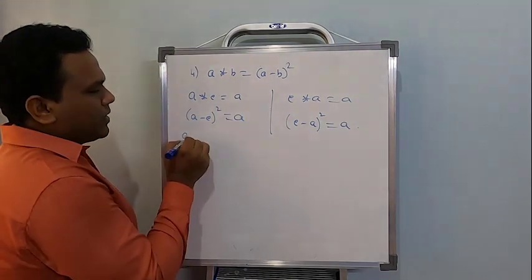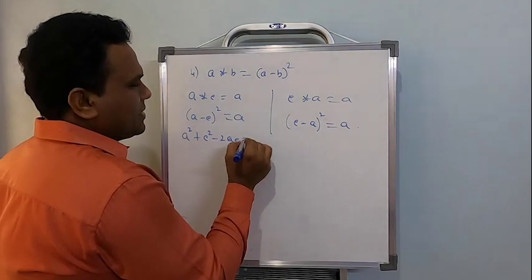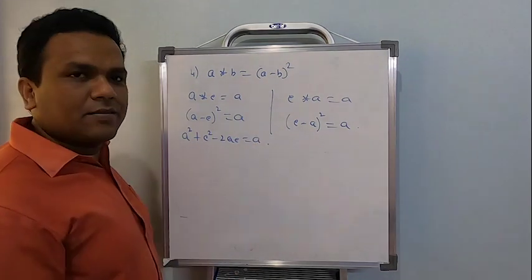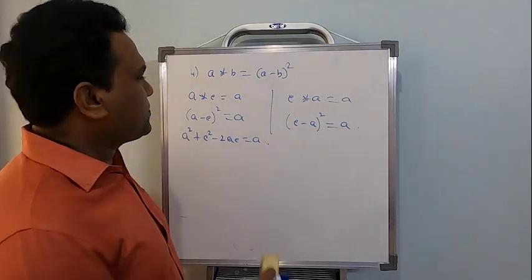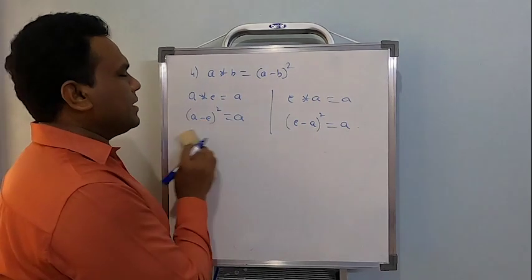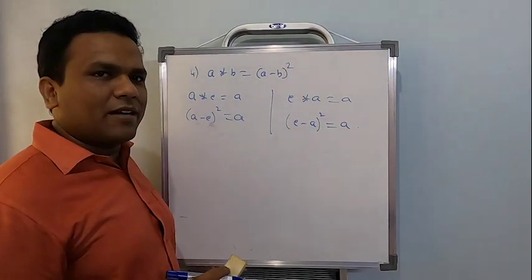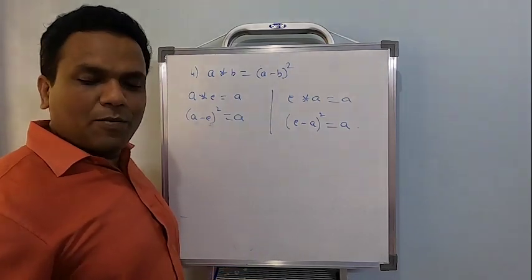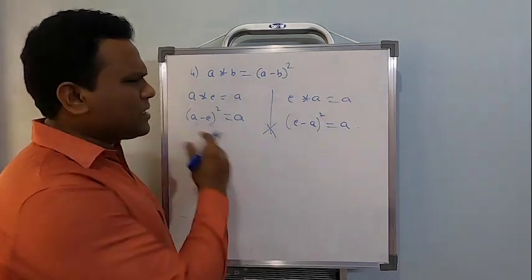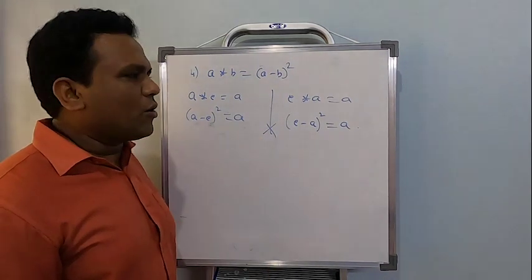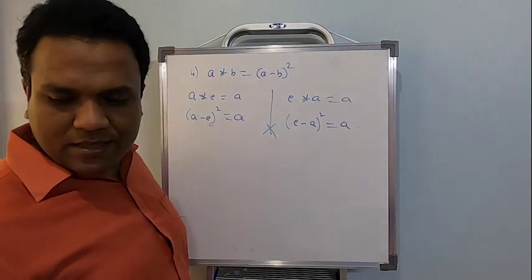Right. So this one, a square plus e square minus 2ae is equal to a. Can I simplify and find the value like this? Okay. Just notice one element, from the rational numbers, subtract and square, you should get back a. Is this possible anywhere? Now, will this be possible? Okay, this is nowhere going to be possible. You just square and expand and simplify. You are not going to find the identity element. Clear? Okay, now let us go to the next.